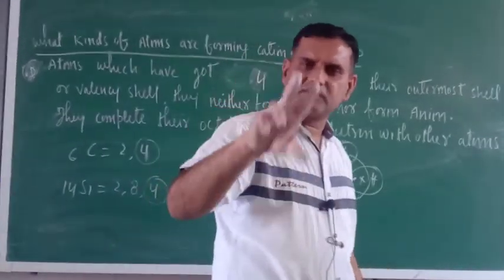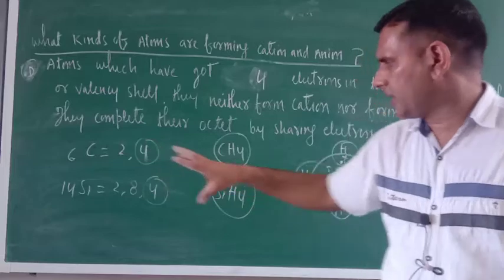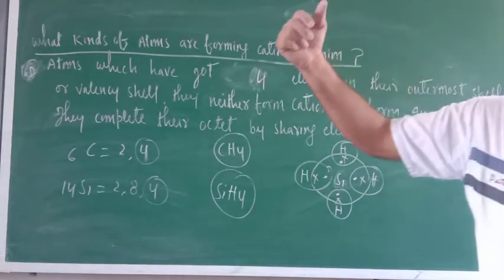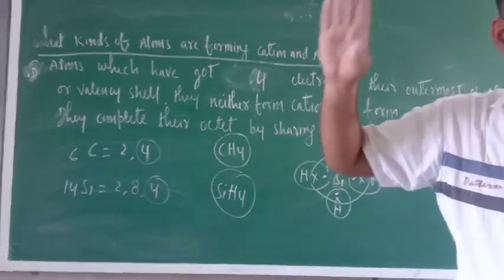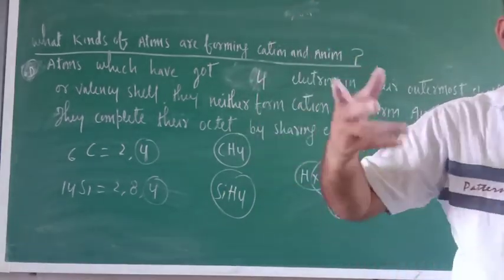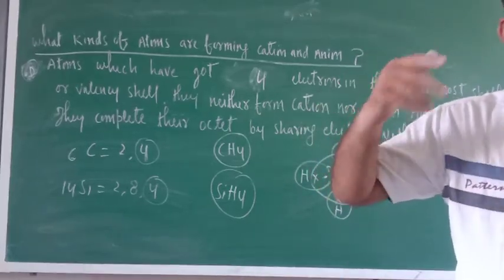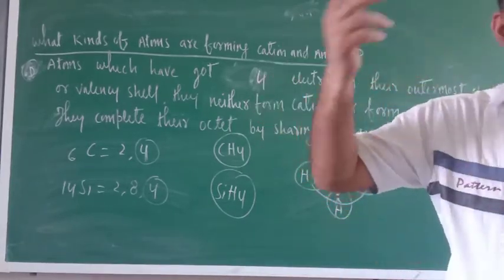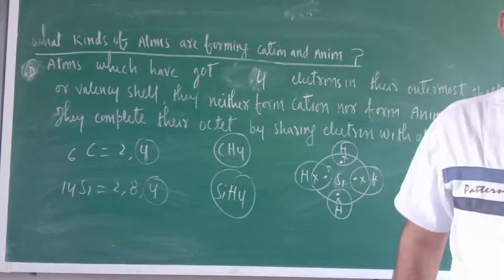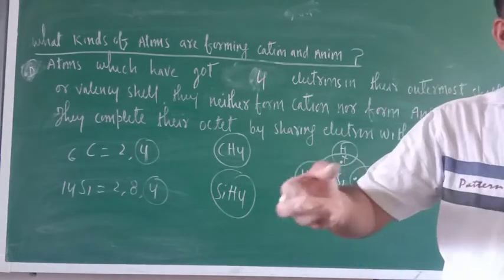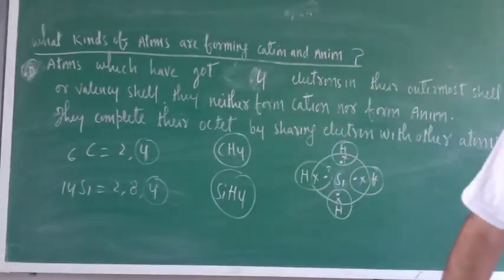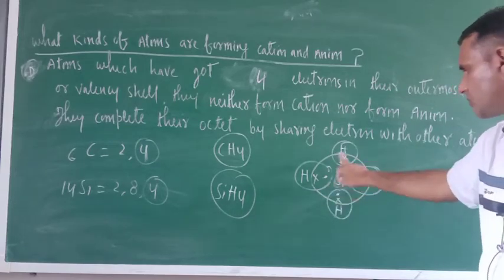This is the only reason that carbon forms covalent compounds. Covalent compound means the compound which is formed by the sharing of electron, and all the rest, those who have got 1 2 3 electron or 5 6 7 electron in their outermost shell, will form ionic compound. Ionic compound means a compound formed either by losing or gaining of electron, where cation and anion are combining. Where cation and anion are not combining, rather they are sharing electron and completing their octet, they are called covalent compound. So this is covalent compound.